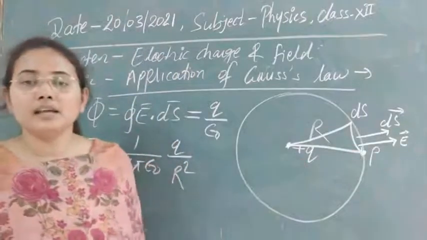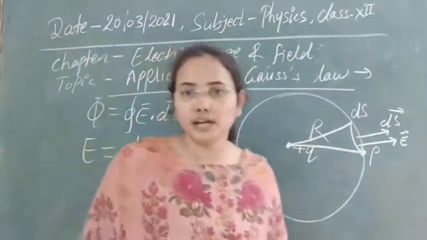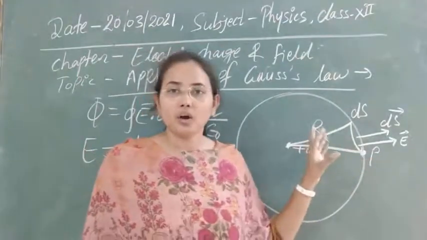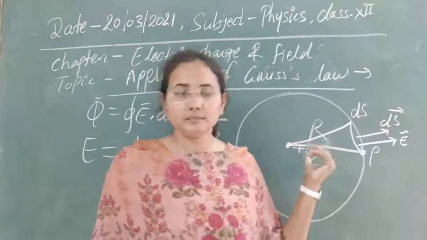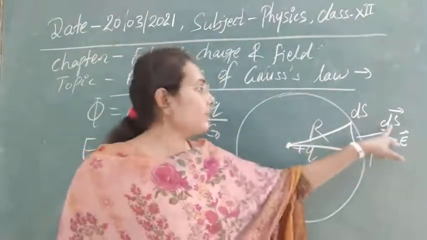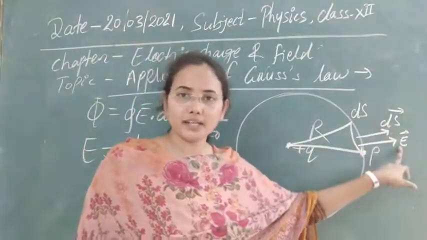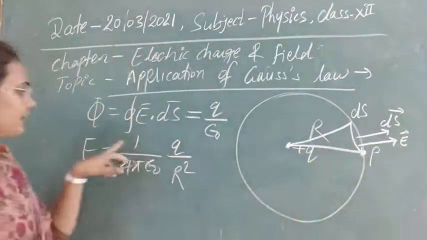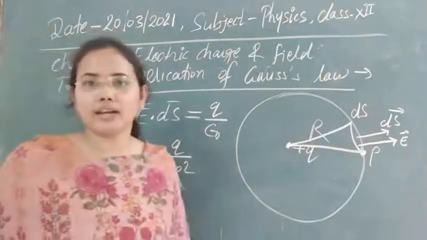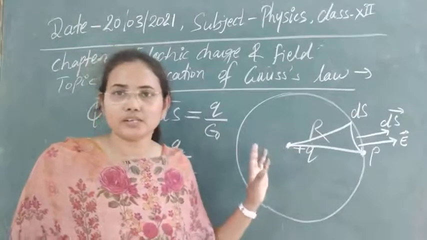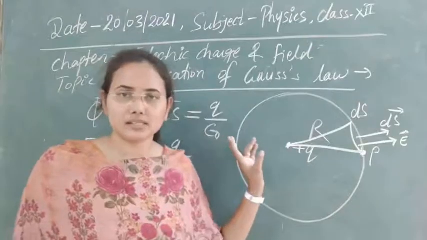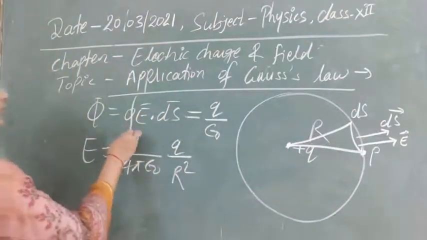And suppose we take minus q charge, then the electric field direction is radially inward. In that case the angle between the area vector and E becomes 180 degrees, and the value of E will be with minus q. So obviously after solution you will get the same value. You can take any charges for your consideration, you can also take minus charge and see the results. Now let's expand this one.